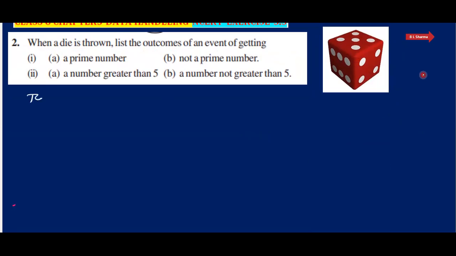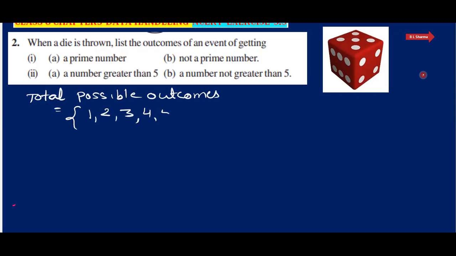देखिए, total possible outcomes. It can be 1, it can be 2, it can be 3, it can be 4, it can be 5, it can be 6. Total 6 possible outcomes are there. And now